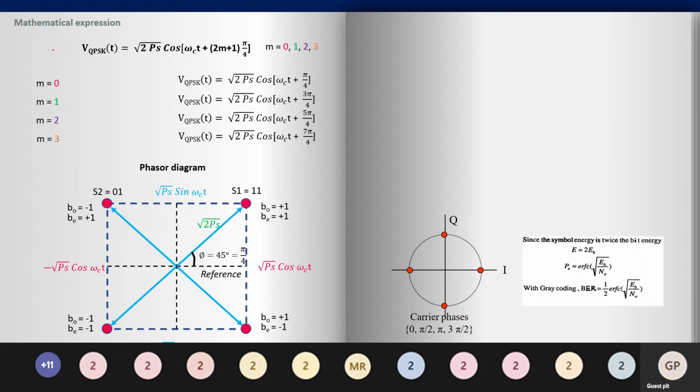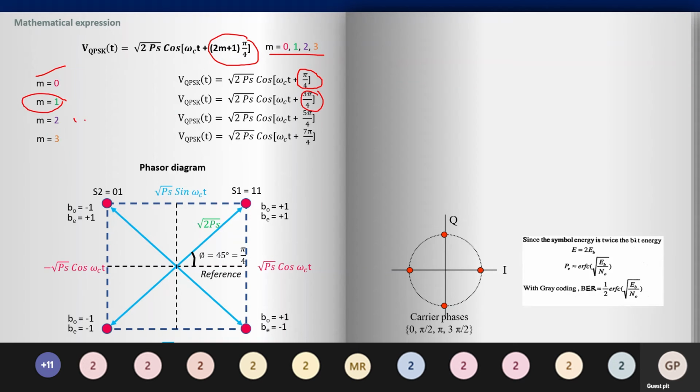The mathematical equation for VQPSK is root 2 PS amplitude and power term, cos of omega CT. Here we have only changed the symbol, that's why it is called phase shift keying. And here we got an equation, 2m plus 1 of pi by 4. By substituting here we are talking about quadrature. Quad means 4. So here you have to substitute m equal to 0, 1, 2, 3. While substituting m equal to 0, you get a phase shift of 45 degrees. And while substituting m equal to 1, you get 3 pi by 4,